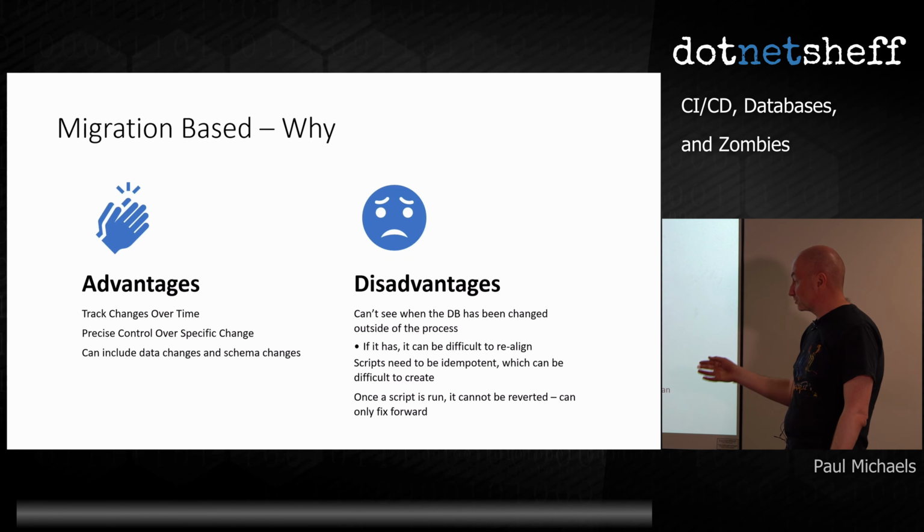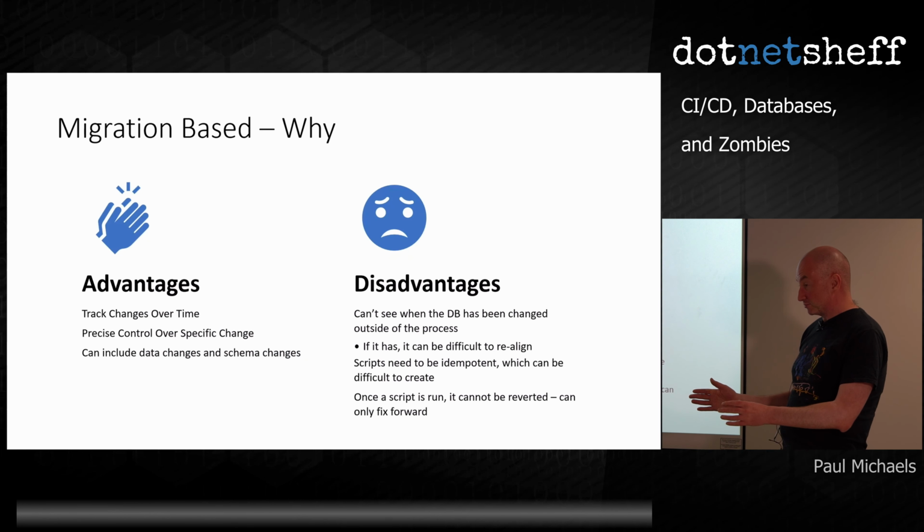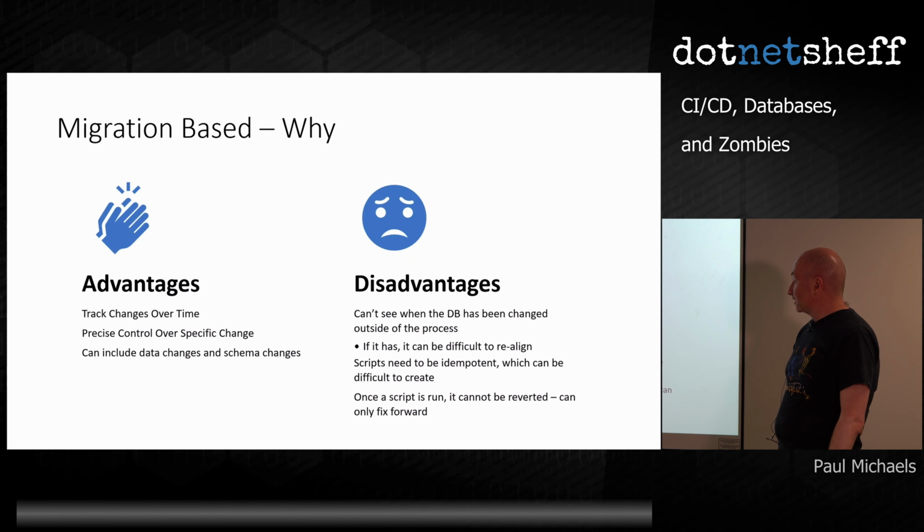And then you've got the problem of sort of almost the downside of source control, which is that once your script has been run anywhere, you can't revert it because it's already in a state where it's been applied to certain environments but not others. So you can only fix forward. So if you make a typing mistake or whatever, if it actually runs and doesn't crash on any environment, you have to fix forward. You can't roll back, which can be a pain.